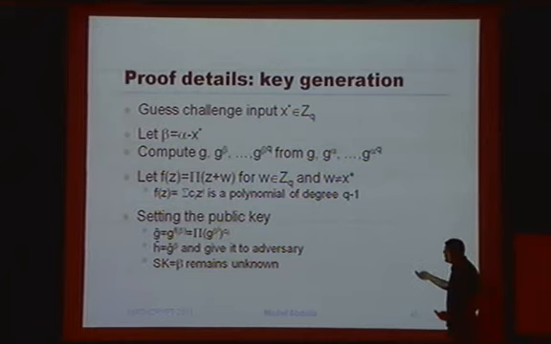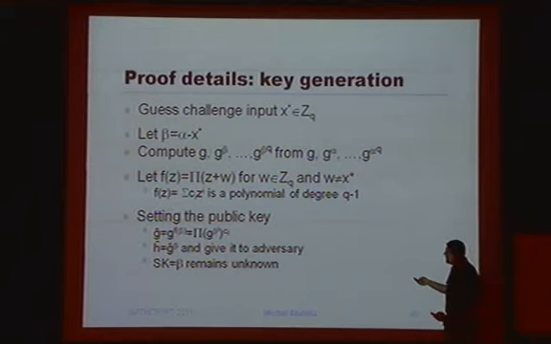So the way that it works is first, for simplicity, you do a shift, you define beta as alpha minus x star, and because of the way we define it, we can very easily compute g to the beta and all these elements from the original elements that we received. And then the way